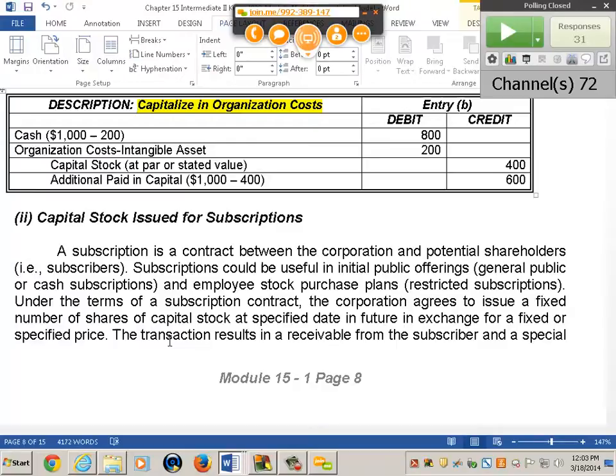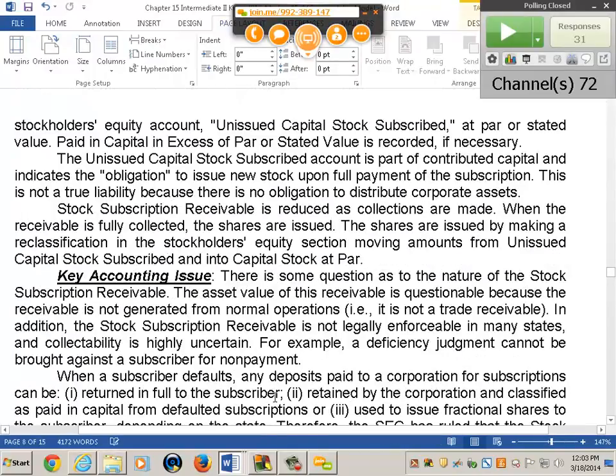It's sometimes looked at as an obligation, and sometimes in the stockholders' equity section, you see the term obligation. We saw it a couple of minutes ago in the case of ACE Limited. So in some cases, you actually see the term obligation sitting there. Now, the question is whether or not you have to make that entry. Well, first of all, let's think about the receivable. The key accounting issue that you see here on page 9 is that